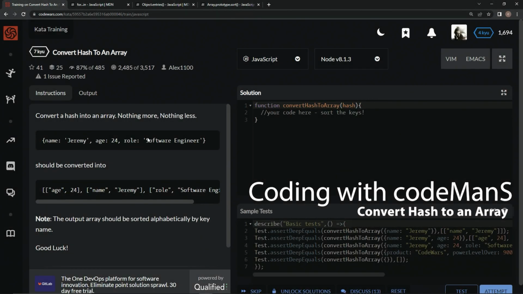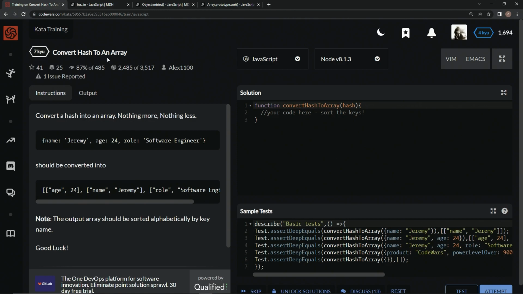All right, now we're doing 7Q, convert hash to an array. This is by Alex1100, and 87% of the people like it. So we're going to convert a hash into an array, nothing more, nothing less. So basically we'll get something like this and put all these key value pairs into their own tiny arrays, and